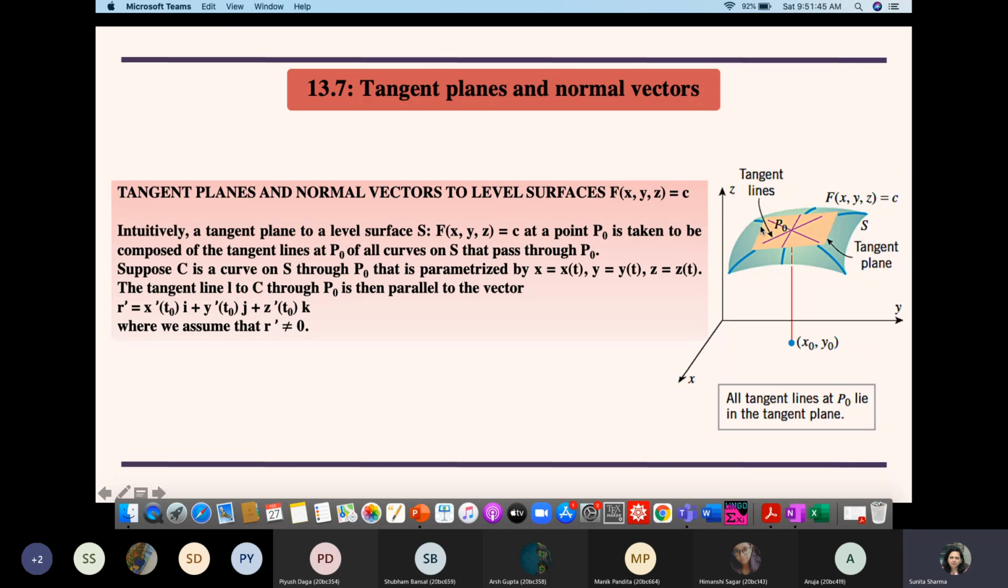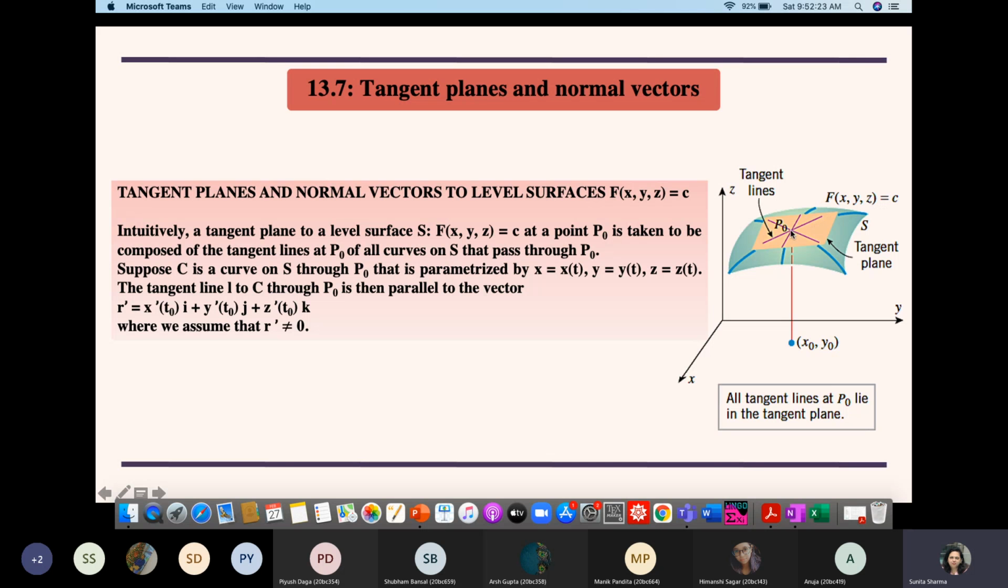So this is the surface we have, f(x,y,z) equals c, and we take some point P naught on this. At this point, we are required to find the tangent plane to this surface. The idea is that it should consist of all the tangent lines at P naught of all the curves on S that pass through P naught. So we take all possible curves which are lying on this surface and passing through P naught. These blue lines represent all the possible curves which pass through P naught and